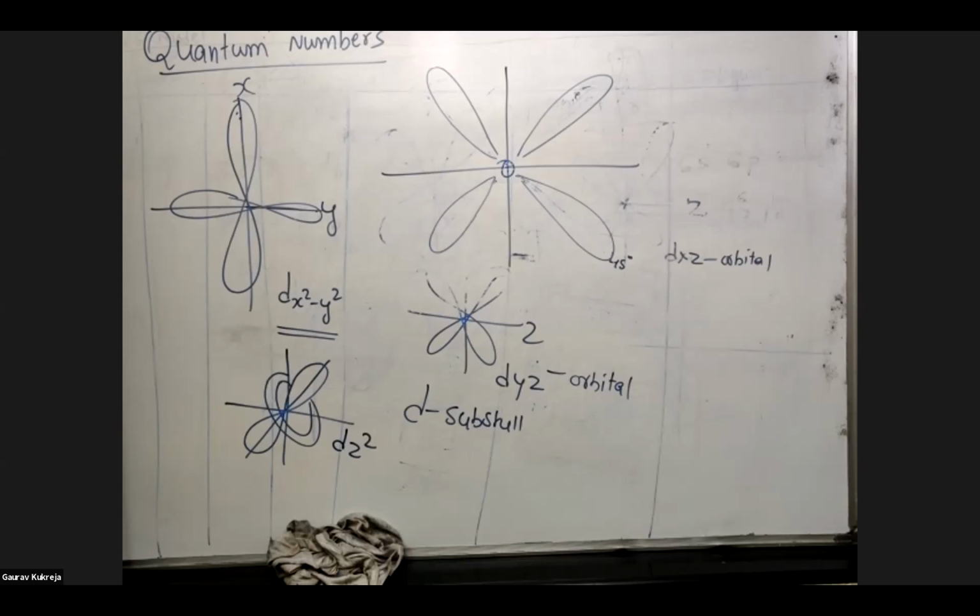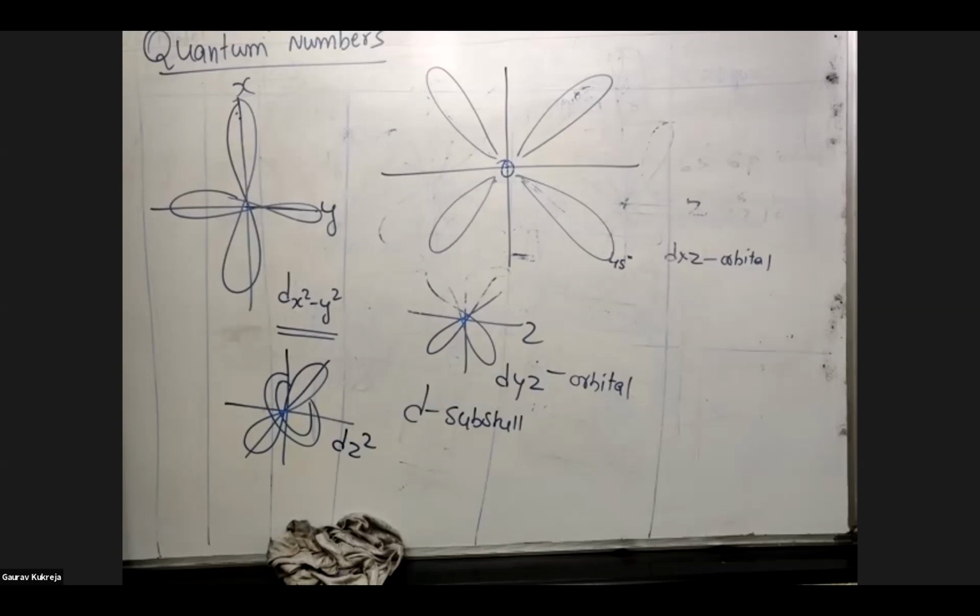Yes, sir. I'm Parth Agarwal. I just wanted to confirm, in the XY plane, the electron can move in two types, as in slanting also and along the axis also, right? In the dumbbell shape. In which orbital? Dxy. You had shown two diagrams. One was standing, vertical and horizontal, and in the other one, both were diagonal. So those are the two different ones. Yeah, that's what I was saying.